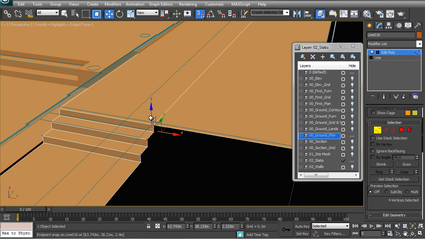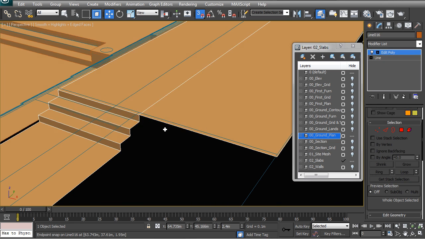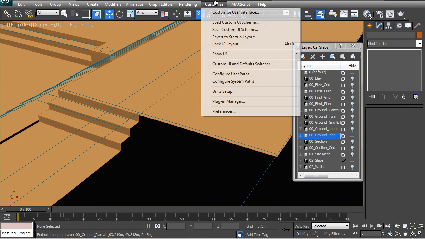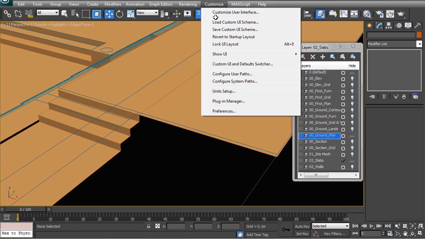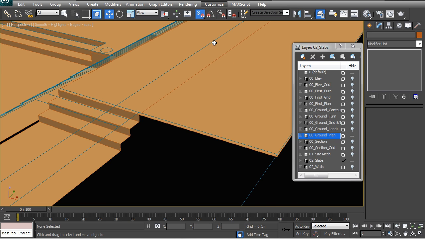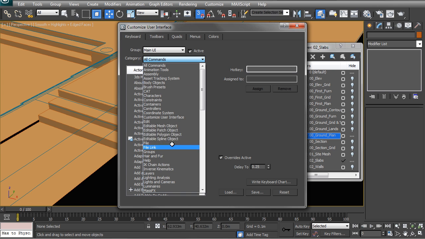I have a shortcut on my keyboard since I do a lot of welding, so my shortcut is Shift W. So I can basically just have a keyboard shortcut for that welding. If you would like to set up something similar, then go across to Customize, and then Customize User Interface. And from there, go across to your keyboard and then search your editable poly